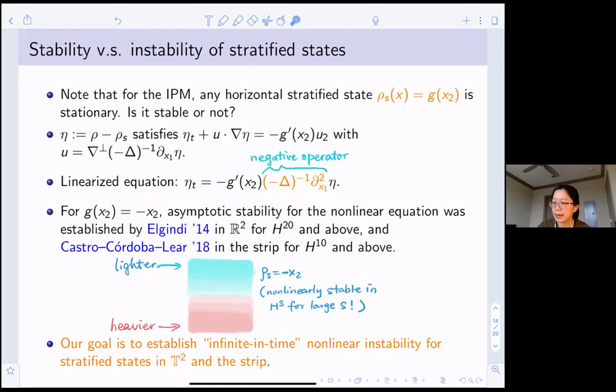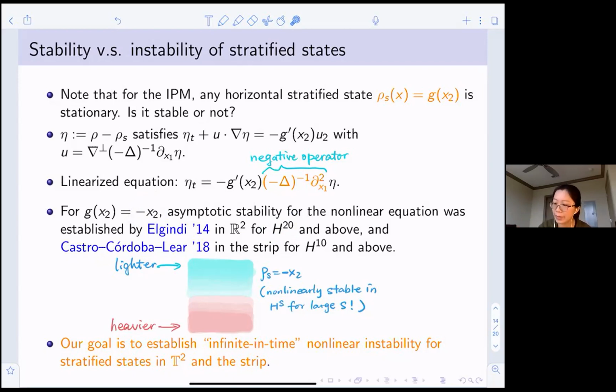He proves that if we add on top of this minus x2 steady state a small perturbation that is small in H20 or above, then not only is there a global solution which remains close to the steady state, but actually the perturbation is decaying to zero as time goes to infinity with a certain algebraic